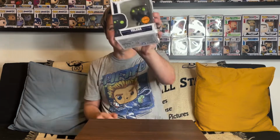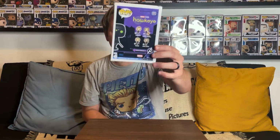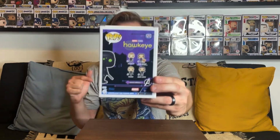And I guess I'll go ahead and get the big one out of the bag first. And the biggest one that we ended up picking up, at least the one that I was most excited to be able to find, was the Elena Chase from Hawkeye, and this is a really sick figure. Finally able to complete my Hawkeye set, and I should be having that video coming up real soon with the entire Hawkeye set, as I actually was able to pick up the rest of the figures that we see here on the back. I got the common Elena, Maya Lopez, and Hawkeye a while ago,